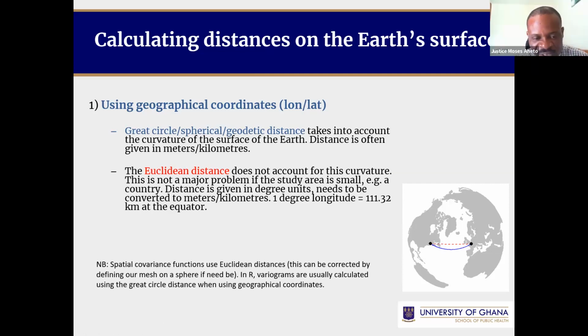What you also have to take into account here is that if you are doing modeling, then you need what we call the spatial covariance function. And in that case, you need the equidistant distances. And this is what we are saying, that if the area is not too big, like just a country, then you don't have to worry about the curvy nature. And you need the equidistant distances to be able to do your work,